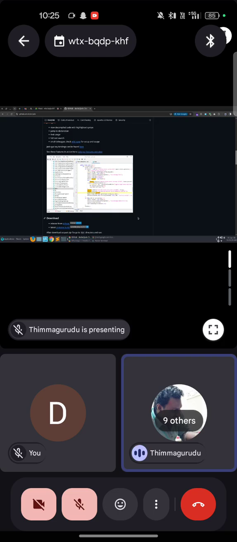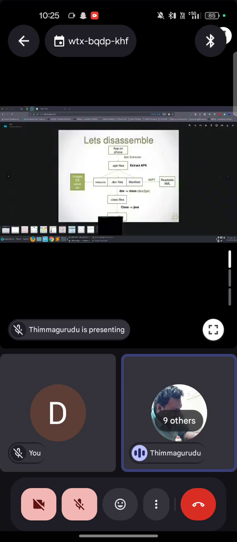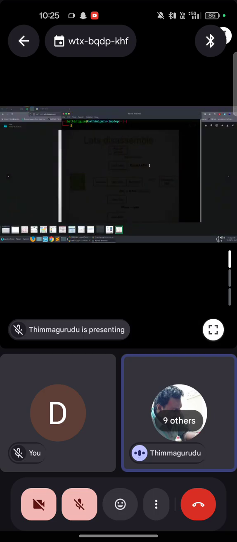Actually, our home-built tool, whatever we use for the automated analysis, also uses the same tools. It uses JADX, it uses APK tool, it uses the dex to jar conversion tools. Some tools they use in the background. Are you able to follow me? So I prefer to use JADX. I can find it for Windows also. It's a Java based application. And as a Linux user, I love to use